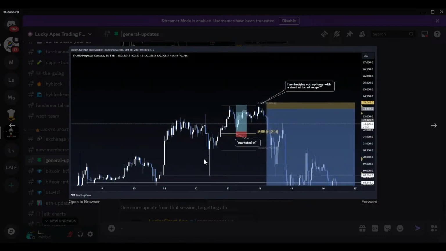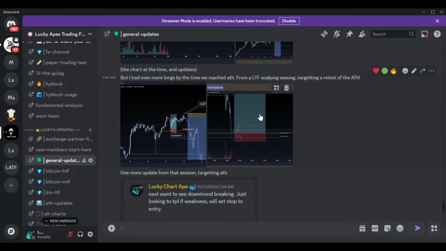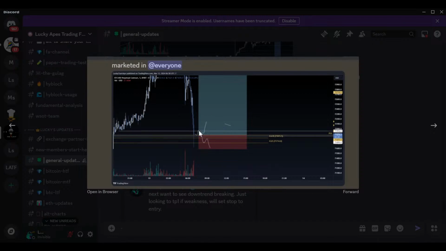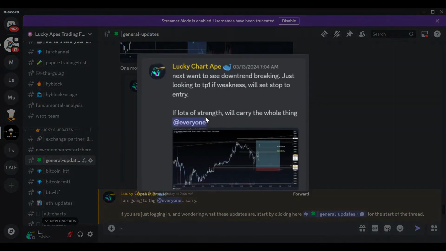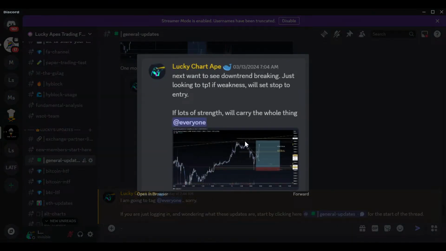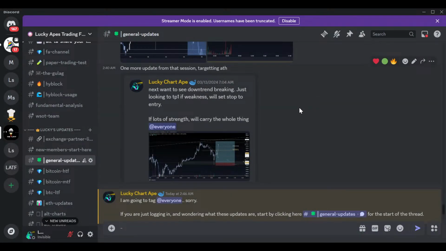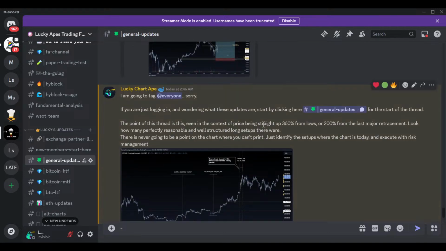Because even here, I did a scalping session and I had more longs. I had more longs from into this new high, just trading up into the top of the range and just showing that market in everyone. That was that long I took, targeting this. I'm pulling these screenshots from an old session. And so my point is, you can get really caught up in just being like, oh no, I've shorted 67K, got stopped out, and now price is going up. And you kind of forget how many opportunities there are.